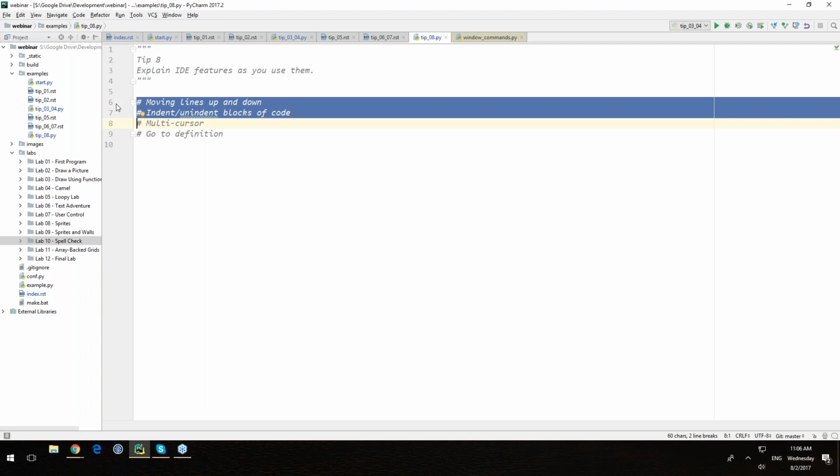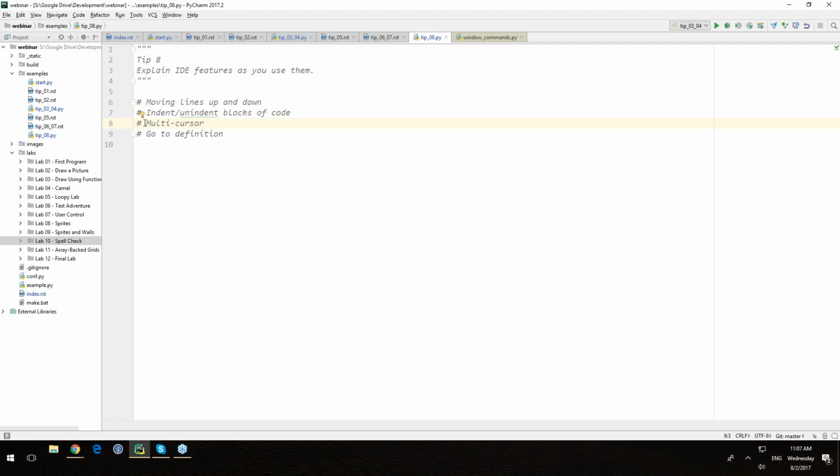Indenting and unindenting blocks of code are also huge ones that students will do manually for quite a while until they start realizing how important that tip is, and they pay attention to you as you're up on the board, basically moving this back and forth. Multi-cursor is really big at saving time, and the ability to go over here and select multiple items, switch it into an asterisk instead, showing students that can save them a lot of time